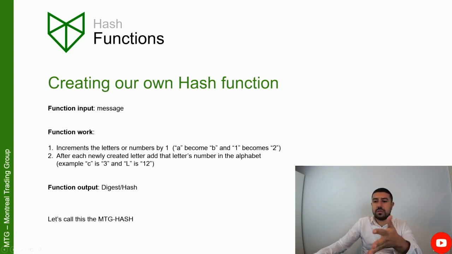Now, I just created some random work, and this work, what we're going to do, step one, is we're going to take every letter in our message or number, and we're going to increment it by 1. So if we get an A, we'll convert it to a B. If we get a 1, we'll convert it to a 2. What we're going to do next is we're going to